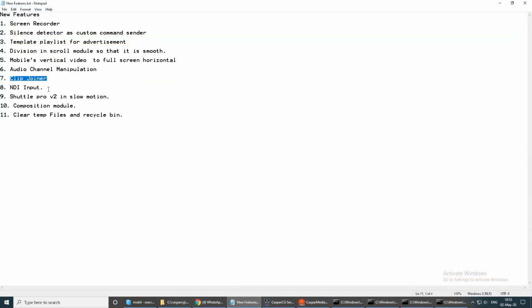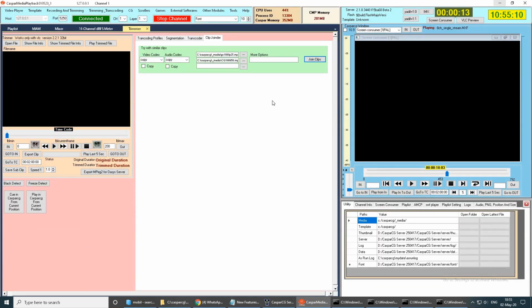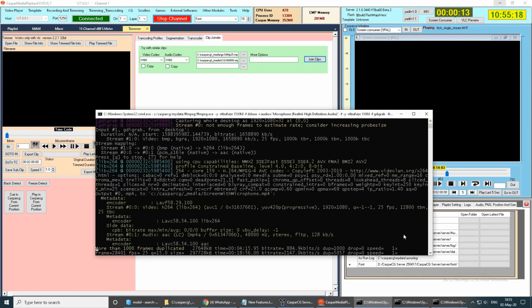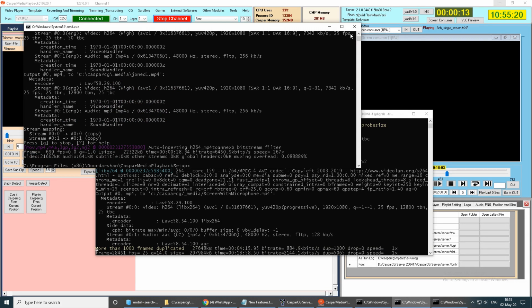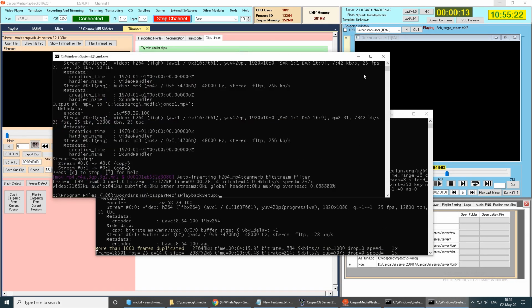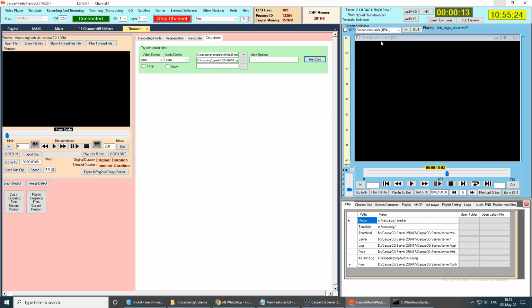Next feature is NDI input. In Kaspersky 2.3, NDI input is enabled.